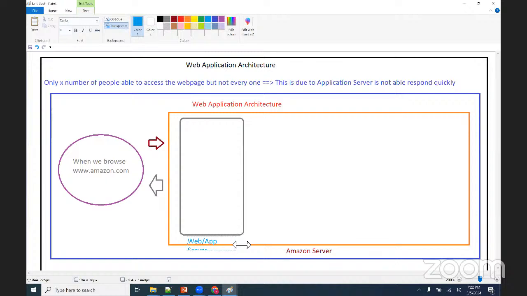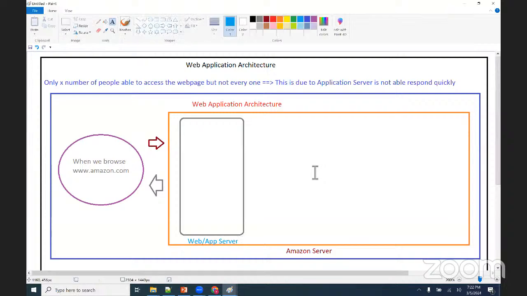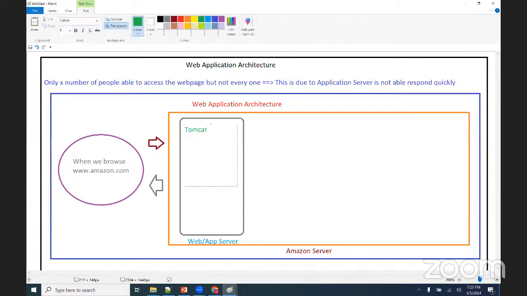Generally, we call this a web server or app server. Now, what is the functionality of a web server or app server? We are going to discuss it here. By default, for the popular web servers, if the application is developed in Java, what can I see here? I can have Tomcat, WebLogic, WebSphere, Apache,